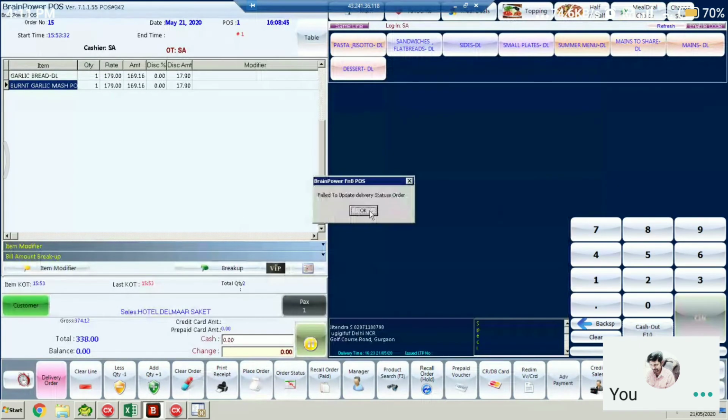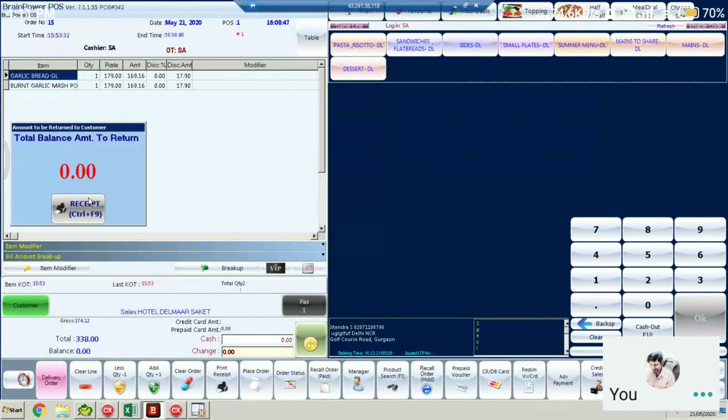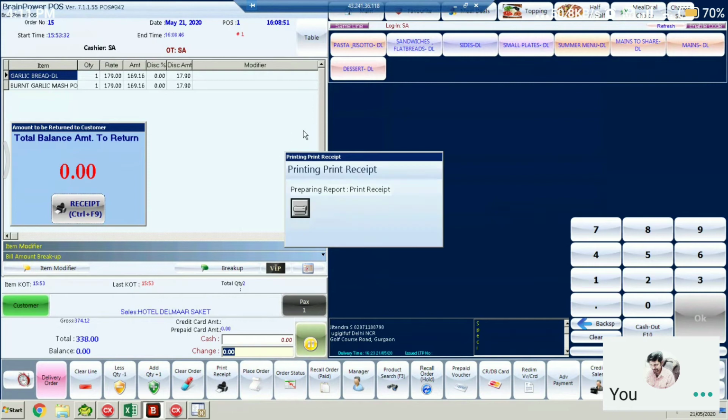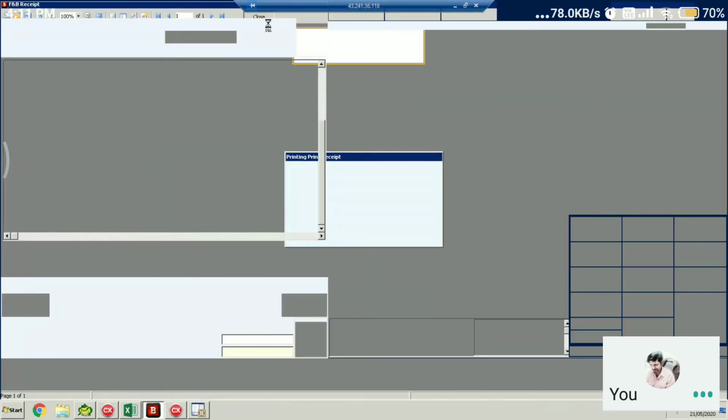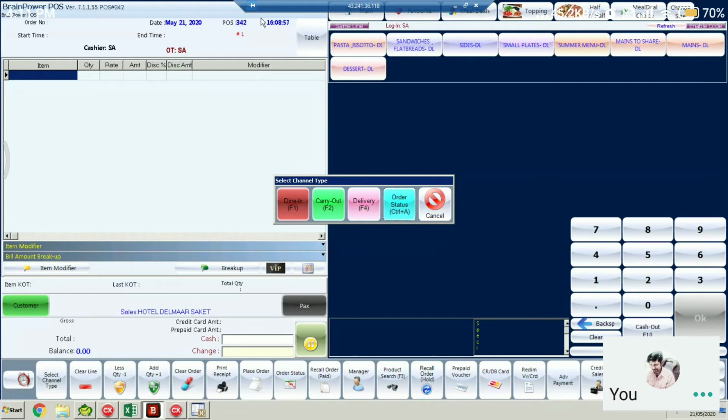Now for this, you can keep it configurable for online orders whether you want to print the bill or not, because in the case of online orders, the Zomato team doesn't give the customer a restaurant bill, they give only the Zomato bill. Correct, so that option is configurable, whether you want to print the online bill.